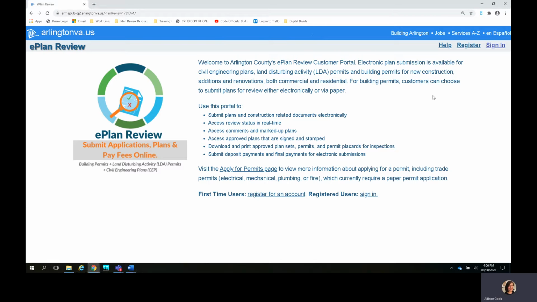Welcome to Arlington County's tutorial for how to submit a fire protection system permit application. On the screen is the ePlan Review Portal, the online system for submitting a fire permit, which can be accessed by going to building.arlingtonva.us. If this is your first time using the ePlan system, please click on Register for an account to sign